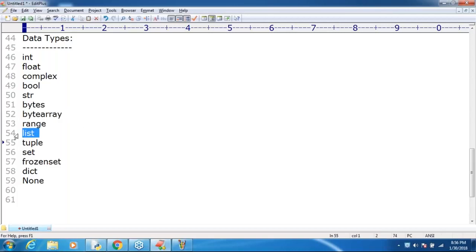List means a group of values. Tuple is also a list of values, but with a small difference, mutable versus immutable. Set means a list of values without duplicates. Frozen set means a list of values without duplicates, but you can't modify it.